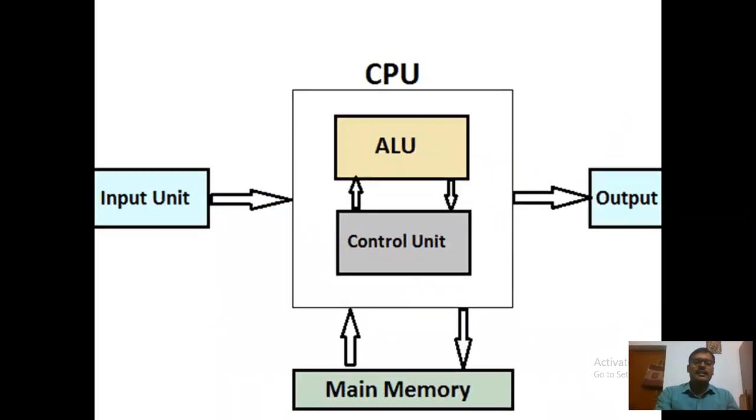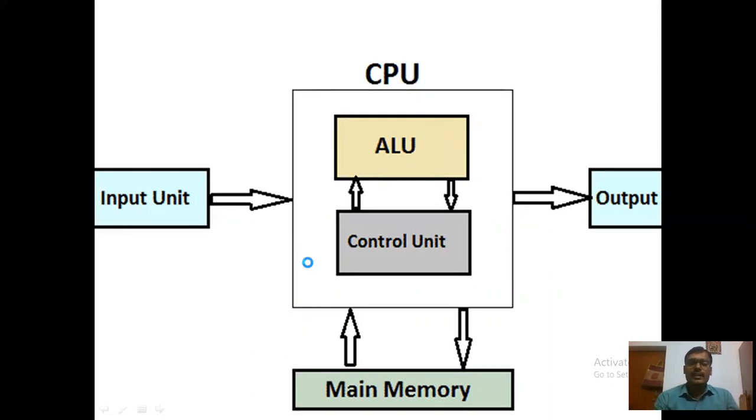You can see this diagram. This is the work of a computer. First, the data is inputted. Here the data is inputted to the computer and the data goes to the CPU. Inside the CPU, the processing of data takes place. Okay, after processing the data, result is generated and the result is stored in the memory unit. And the same result is transferred to the output devices. And control unit helps in transferring the data from one unit to another unit.